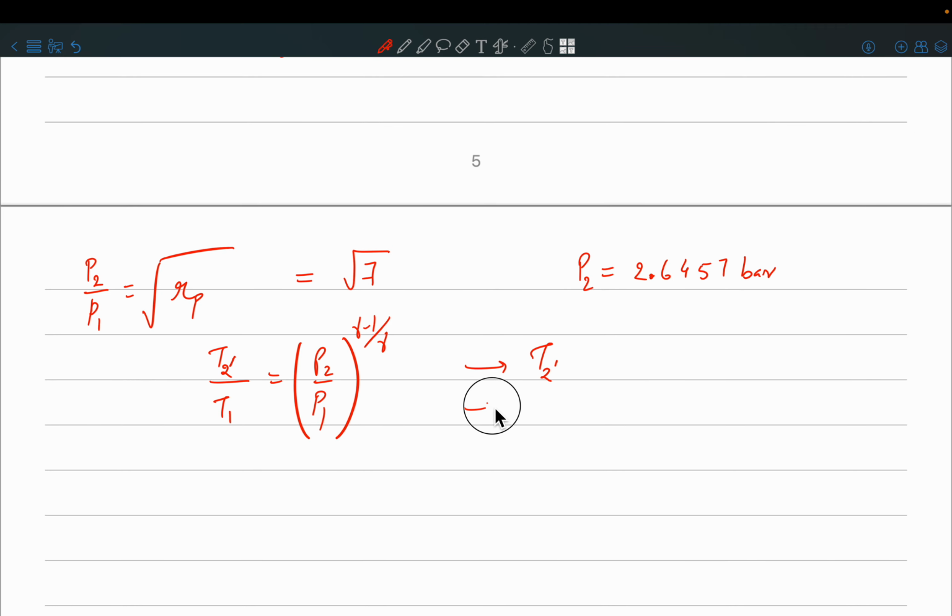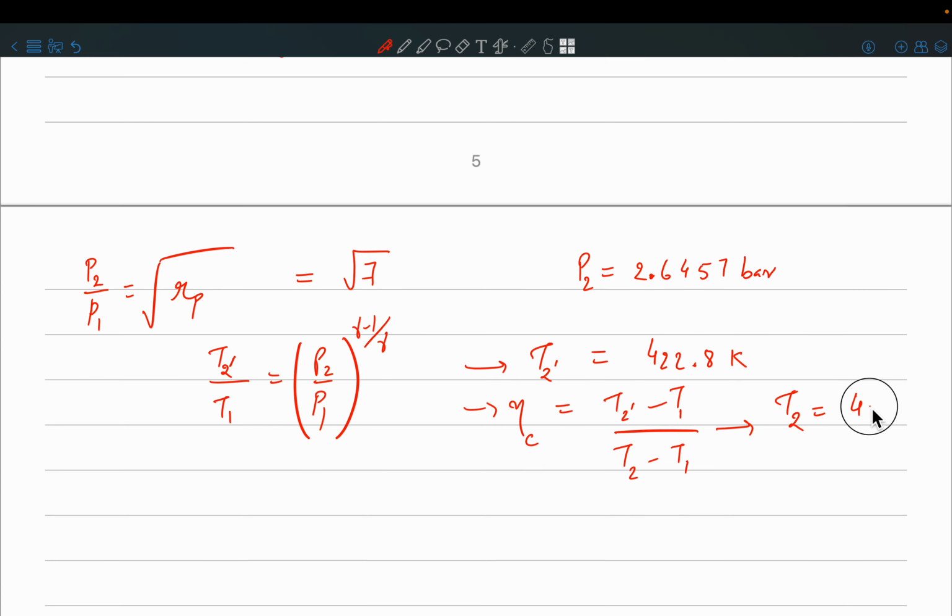And then I also have the value of the efficiency of the compressor, the definition of which is (T2 prime minus T1) by (T2 minus T1). Okay, so that will help me get the value of T2. Alright, so T2 prime turns out to be 422.8 Kelvin, and because the eta C was given, remember it was 0.88, this gives me T2 of 423 Kelvin,